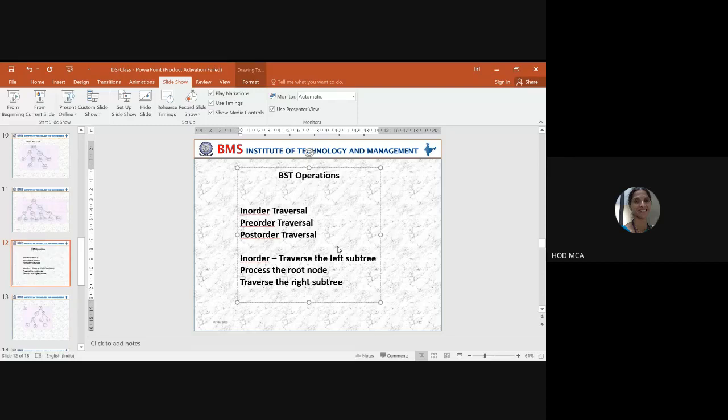That means we are going to use left, root, right. This is the order in which the traversals are done in case of in-order traversal.